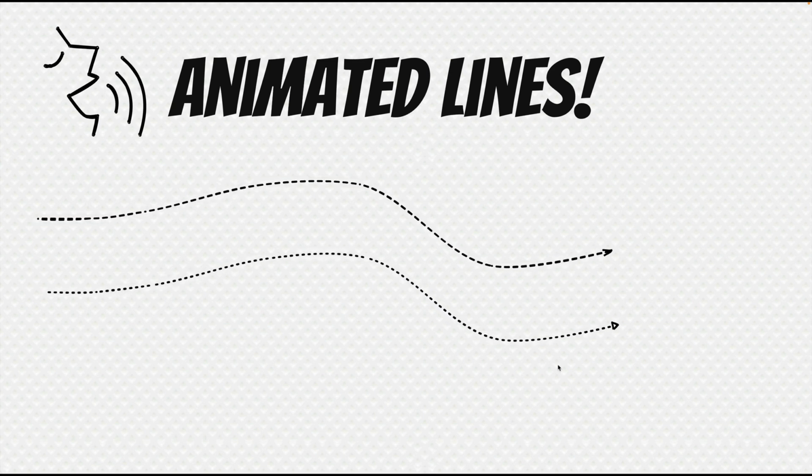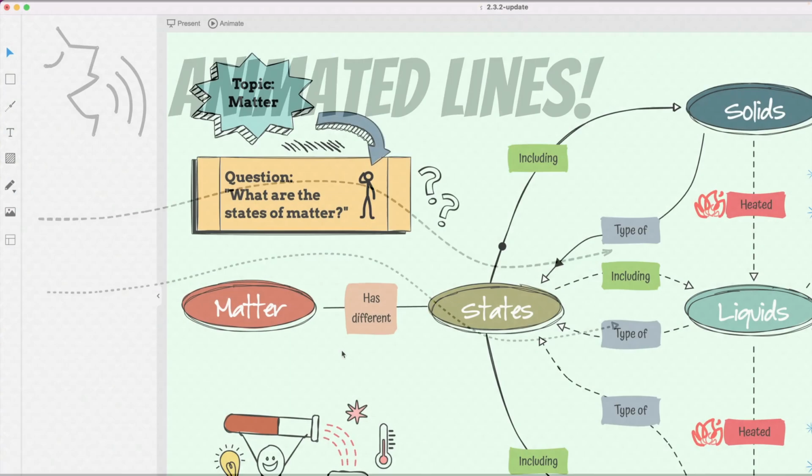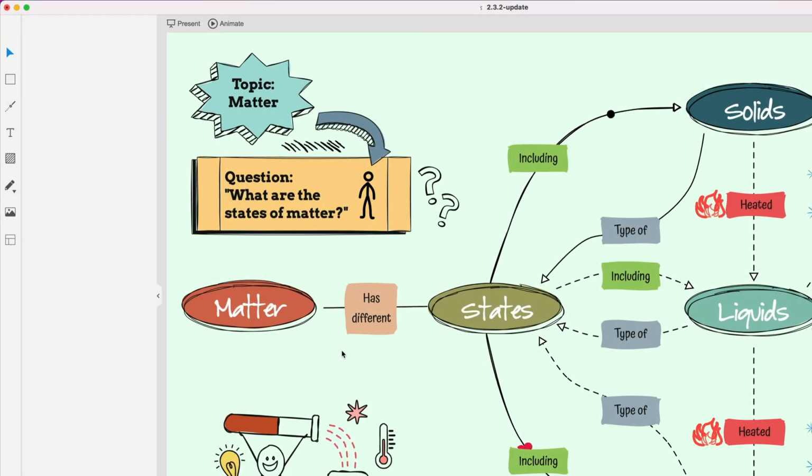So let me stop this and dive into the new version of SketchWow. Now there's a lot going on in this diagram here, so let's unpack this and show you exactly what is new in this new version of SketchWow. As you can see here, there's lots of animated lines happening, and we want to give you more creative options to really show different types of user flows or data flows or movement along an animated diagram of any